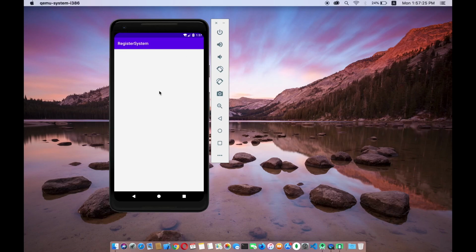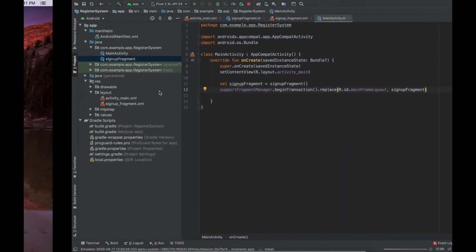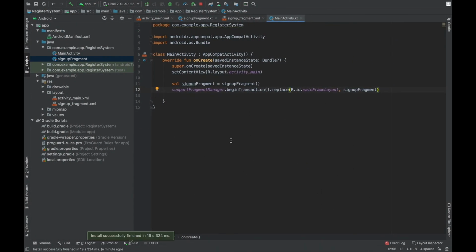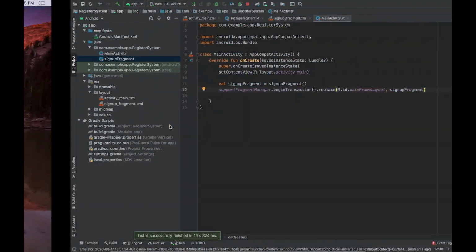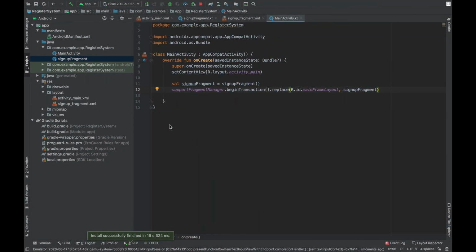In the starting it is quite plain, but later on we can add many other widgets or layouts. We will be discussing that in future videos of this project series. Now here it is saying that install successfully finished in 19 seconds and 324 milliseconds.